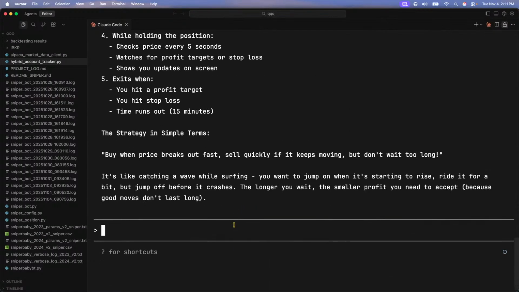All right, beautiful. The strategy in simple terms: it buys when the price breaks out fast. It sells quickly if it keeps moving, but it doesn't wait too long. It's like catching a wave while surfing. You want to jump on it when it starts rising, ride it for a bit, then jump off before it crashes. The longer you wait, the smaller the profit. You need to accept that because good moves don't last long. All right. Now,